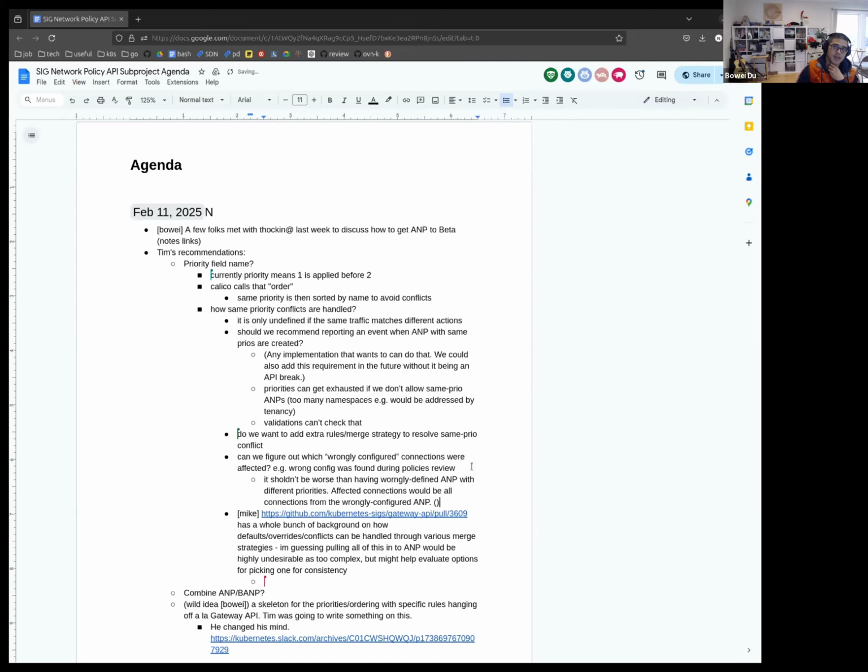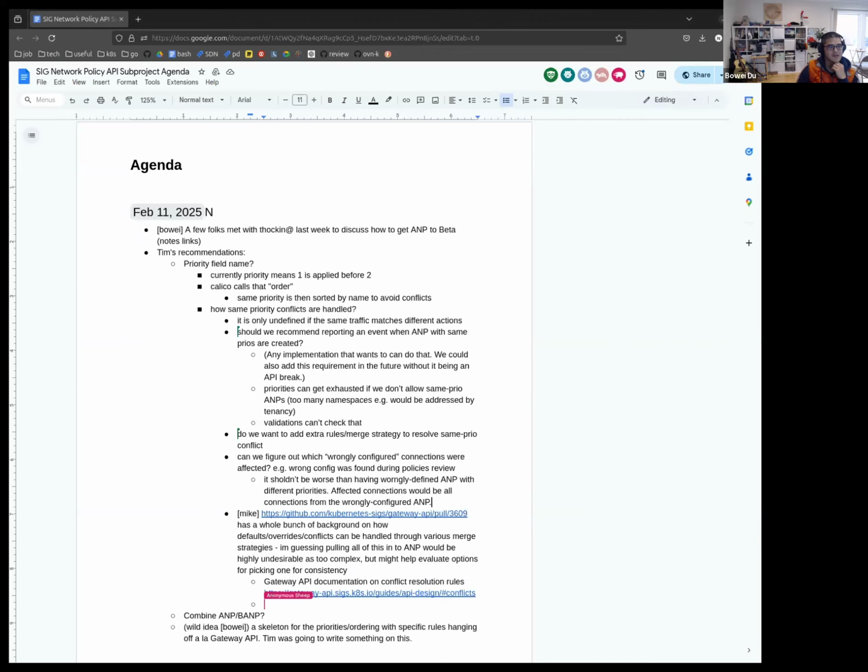Yeah, I think my main thing is we're not pushing people away from having the same priority. You could have someone just write everything at priority 0. And if you do that, it's almost like, well, you're on your own to determine whether or not that behaves correctly. If you look at the core network policy, it's very, very precise what happens when you add a network policy. This, I don't know if we can solve it. It just feels,